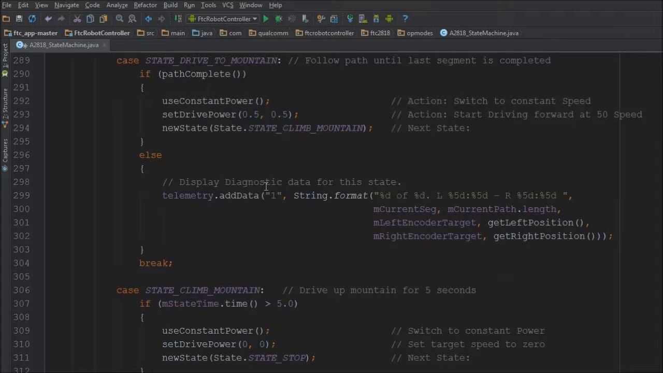Let's look at the drive to mountain state. This should start looking pretty familiar now. So we're always going to check our exit condition. Now, exit condition is the path complete? If it is complete, it means we've got there. So now what we're going to do is we're just going to drive up the mountain with constant power. That's what we're assuming this robot's going to do. So it's going to set constant power. It's going to set the power to 50% on both wheels, and then it's going to set the state to